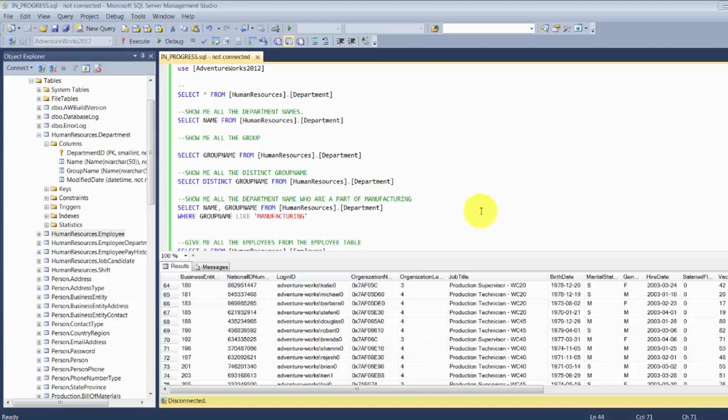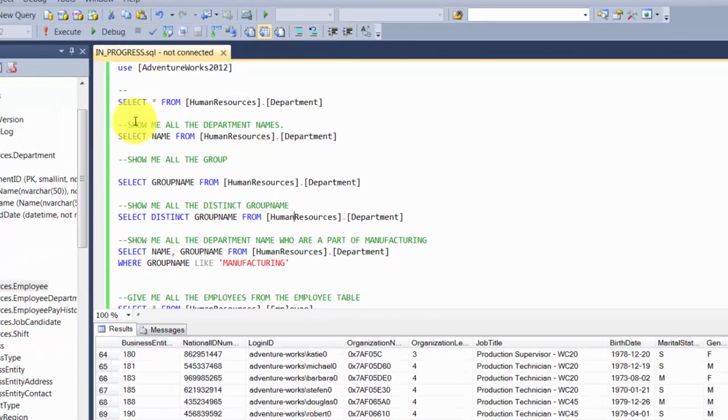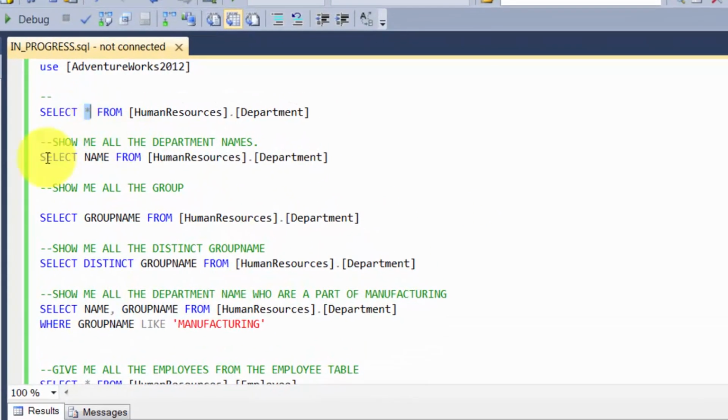Okay, so in the last few minutes, we saw a couple of queries, and let's just continue and add more and more concepts. So let's take a quick revision of what we discussed so far. We looked at the select everything. So where we use a select star, it'll just give you everything from the table.